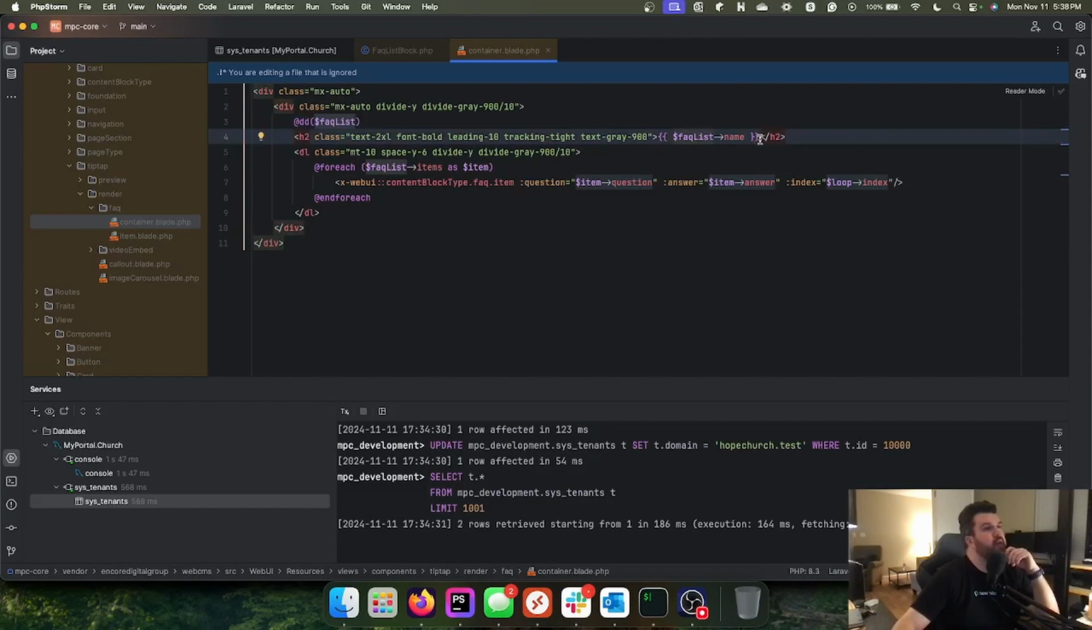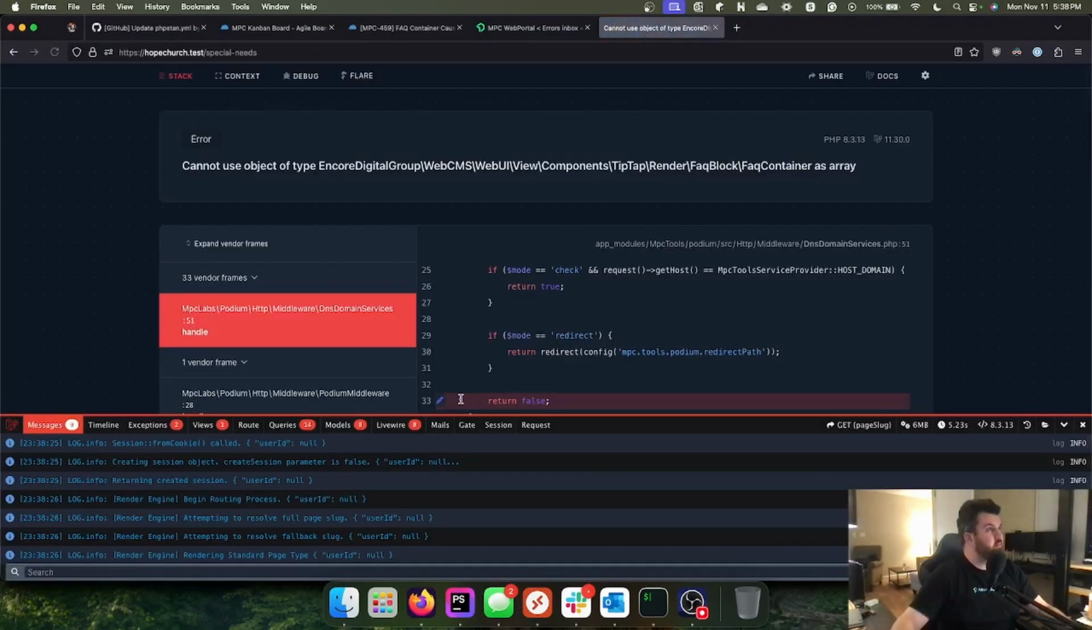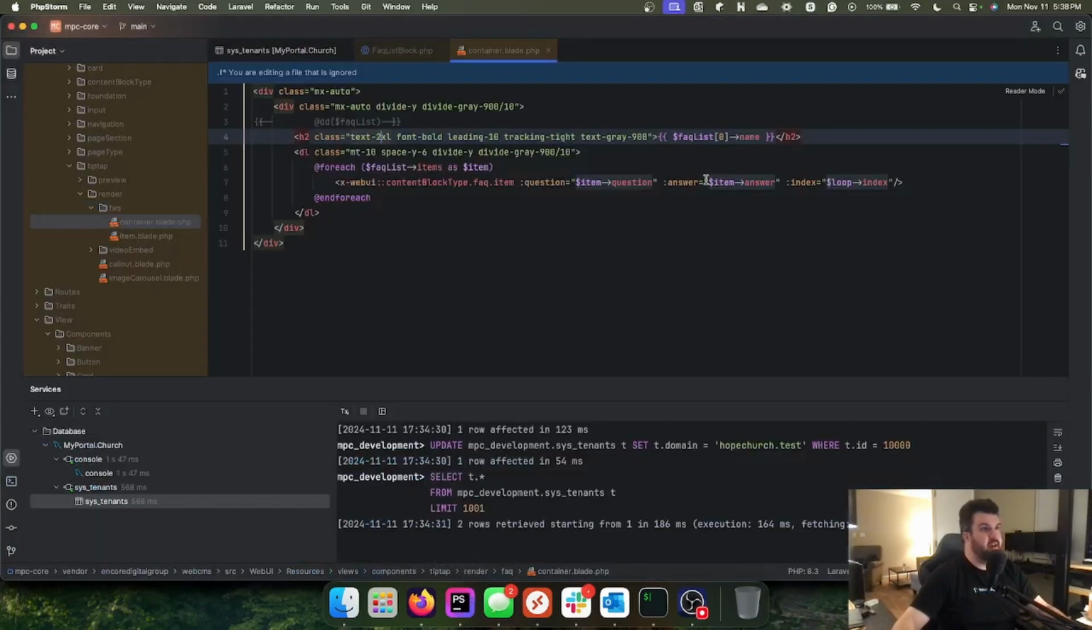See, the thing is that I don't understand. Let's just try it at index 0 and see if that's the issue. I don't think it is, but it could be. If it can container as array. Okay, yeah, that wouldn't make sense. So if the FAQ container